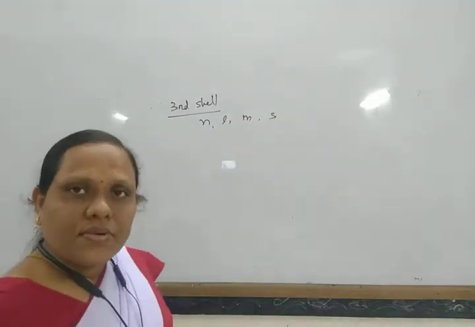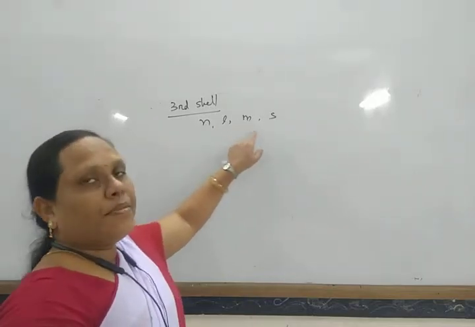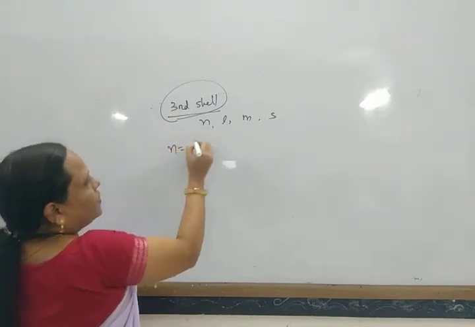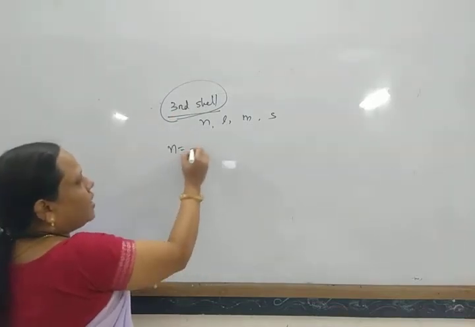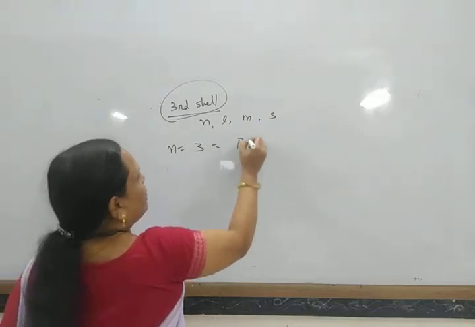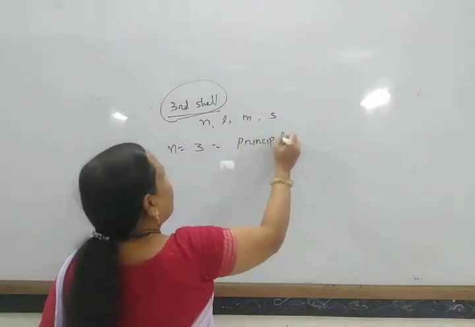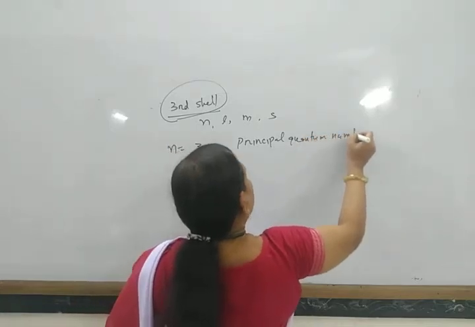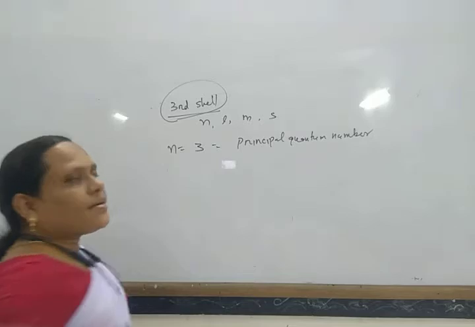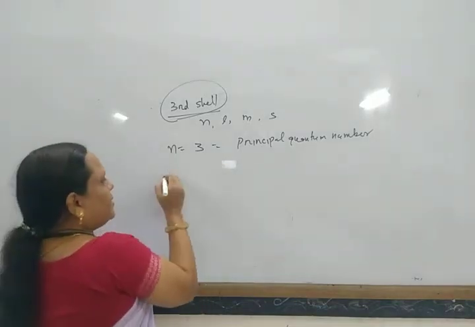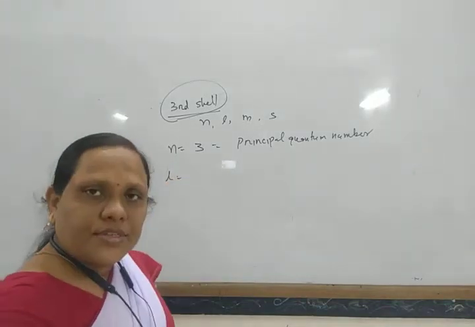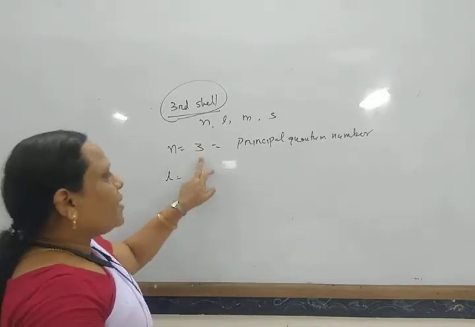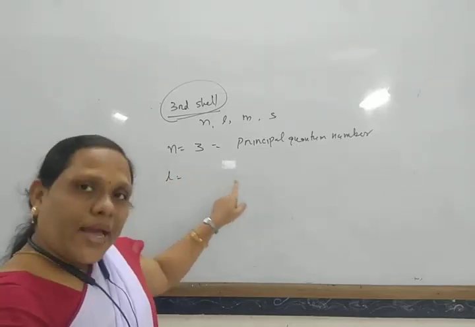As this is the third shell, we know the principal quantum number n equals 3. As n equals 3, what are the possible values of l? l equals 0 to n minus 1,